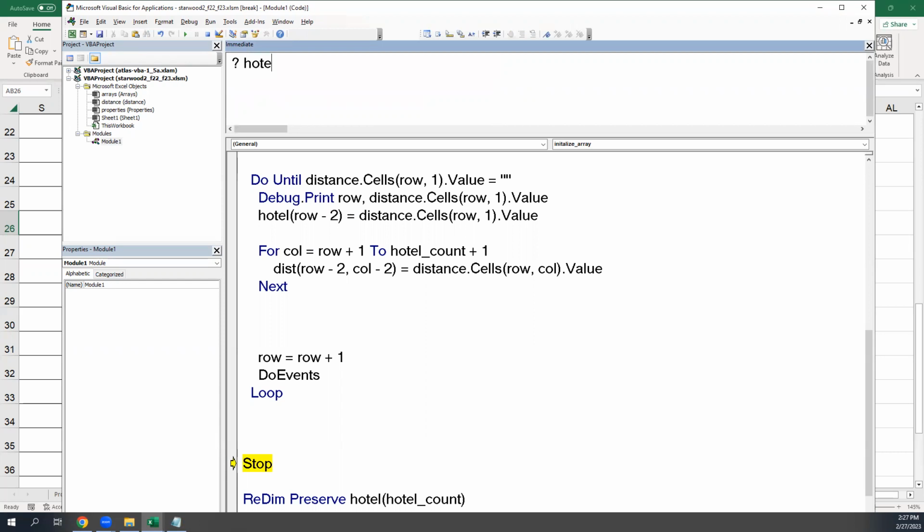And look at hotel. Sub. Let's do sub 1, which is our Salt Lake one. And now if I look at distance,